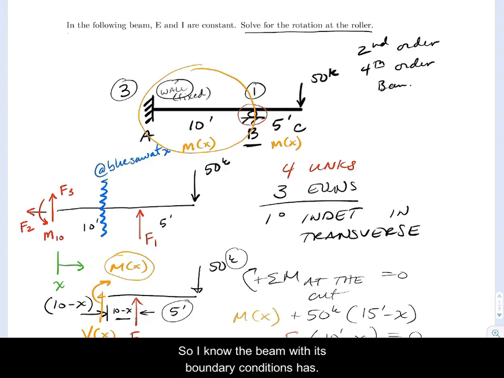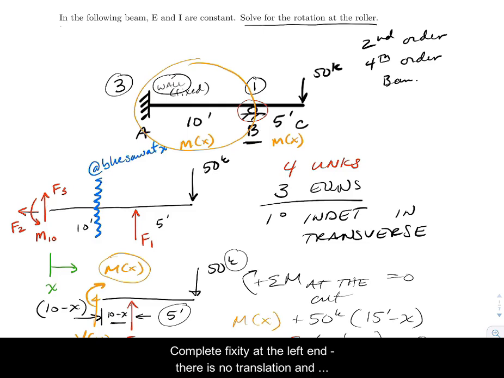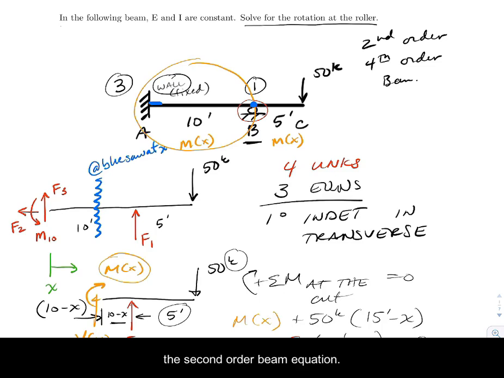So I know the beam with its boundary conditions has complete fixity at the left end. There's no translation and there's no rotation. Over at point B, that beam has no translation. So those are going to be our boundary conditions as we look to satisfy and solve for constants in the